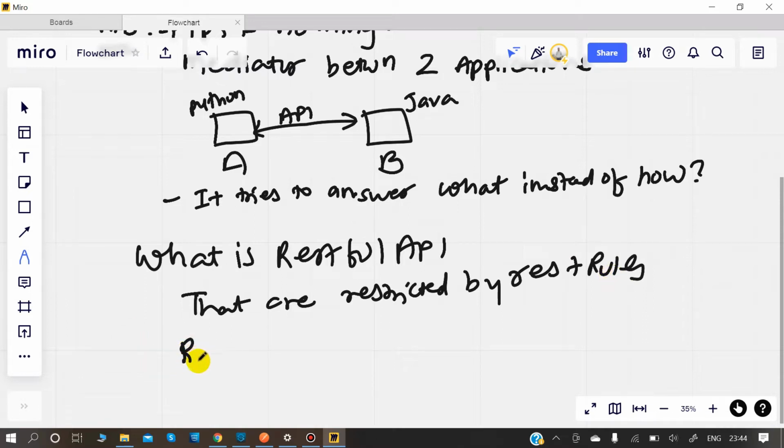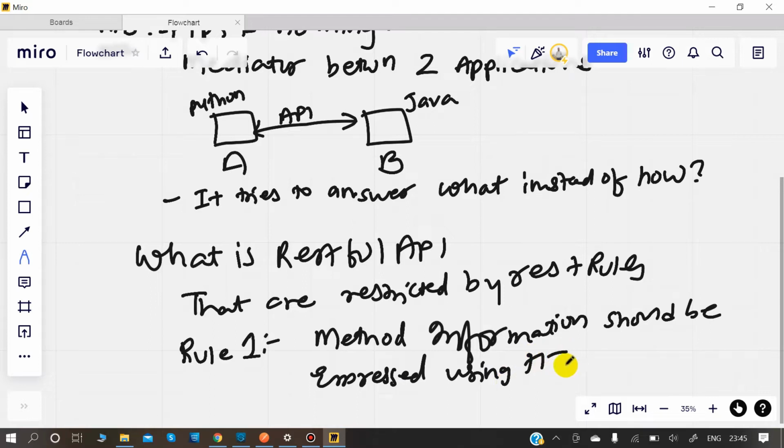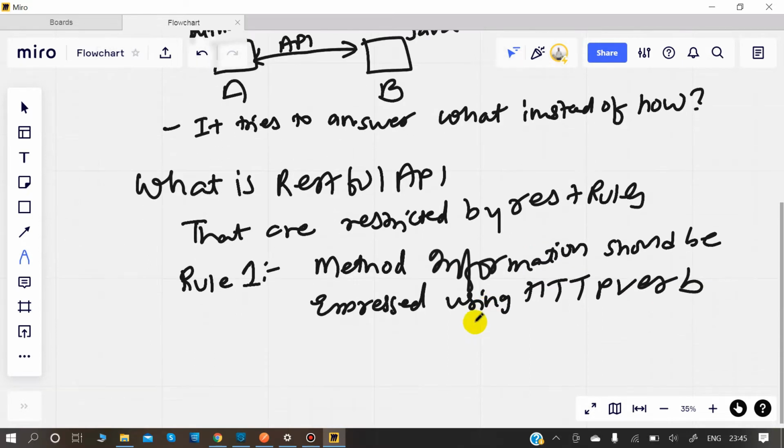Rule number one talks about how method information should be expressed using an HTTP verb. Now what is this?